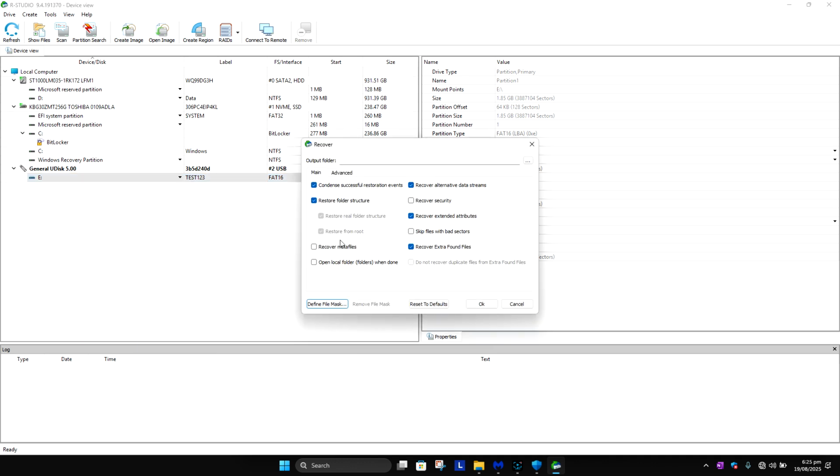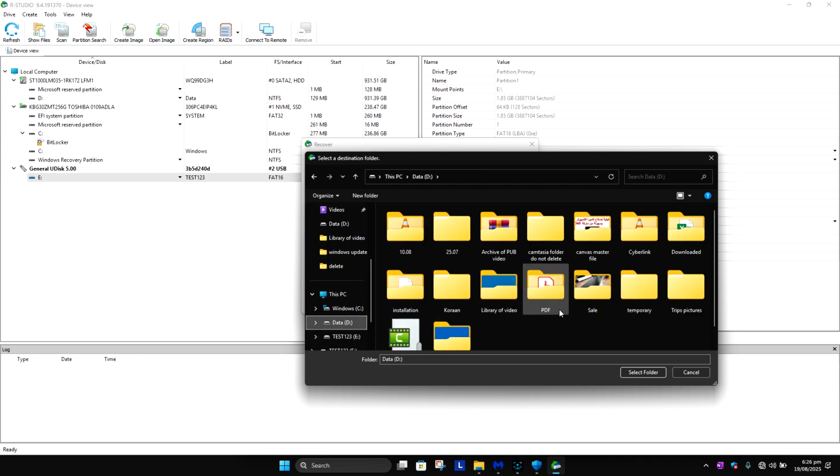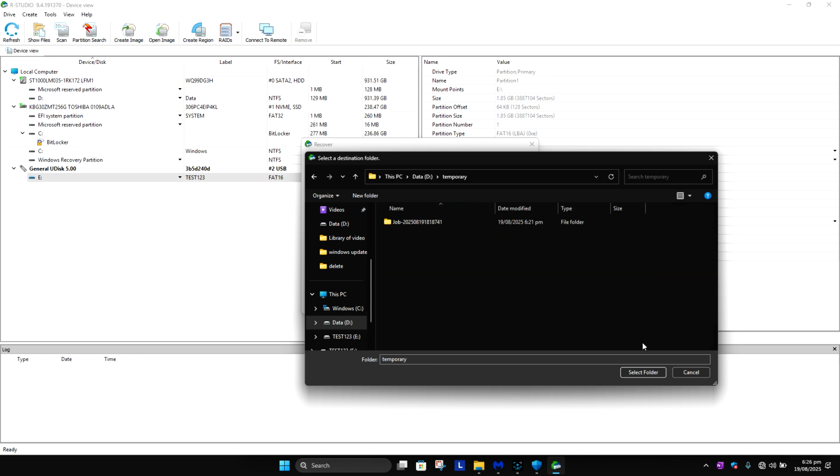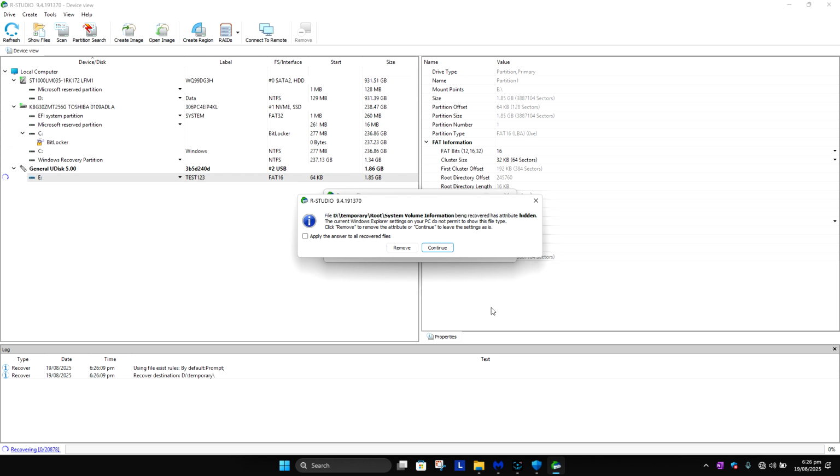Here it should show you this menu, so you can click OK, or you can change the output folder to be in another location. So for me, I'm going to select data and I'm going to select temporary. Select folder and click OK. Just click continue